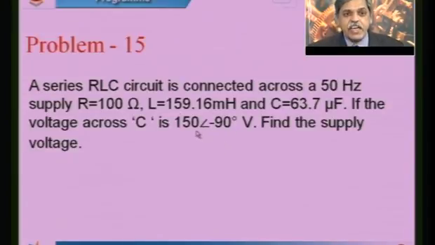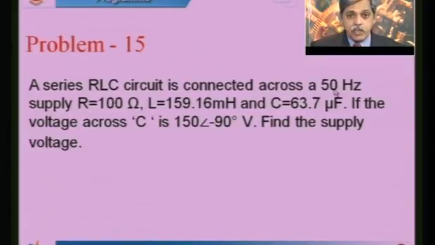So that current flowing through the inductance will give you an inductive voltage drop, which I calculate as I times XL. I cannot just take L directly; I need to take the frequency also into consideration. Frequency is given as 50 hertz. I need to convert that 50 hertz to radians, that is omega. So 2 pi f will give you 314 radians.